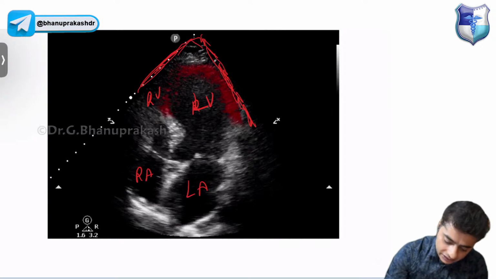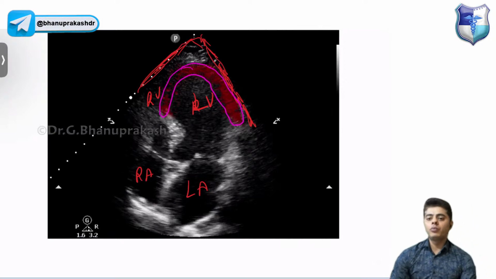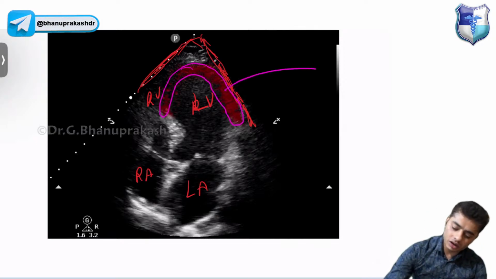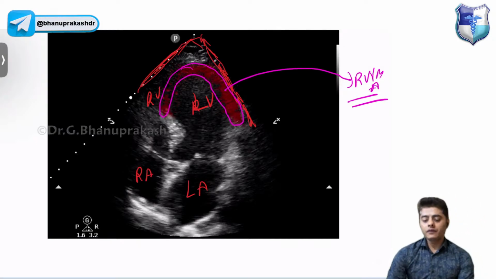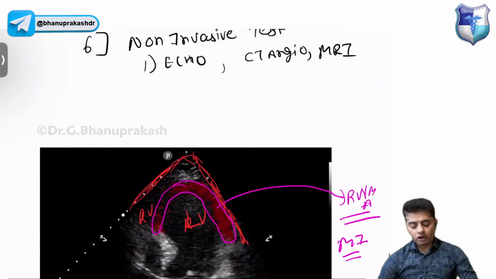In the LV, you can see that this is the area which is not contracting properly, or the motion is not proper. So this is your RWMA, which you get in your MI patient. So with all of these tests,